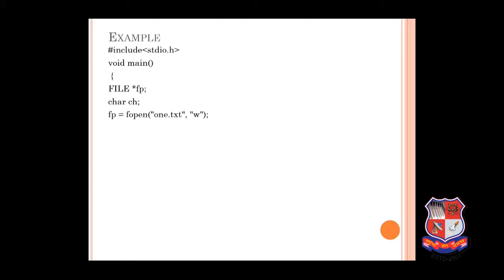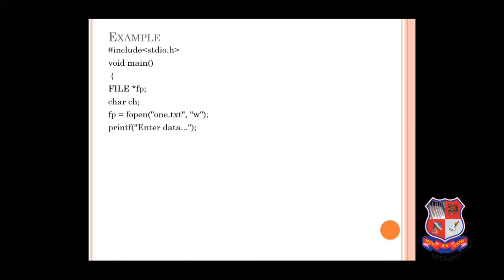I have given here the fopen function to the fp pointer. Also, if I have to open a file, I have to give a name. So I will be giving 1.txt. .txt stands for a text file. So the 1.txt file will be opened in write mode. W stands for write. So the syntax goes: fopen, in double quotes the file name, comma, in double quotes the mode of the file in which you want to open it.